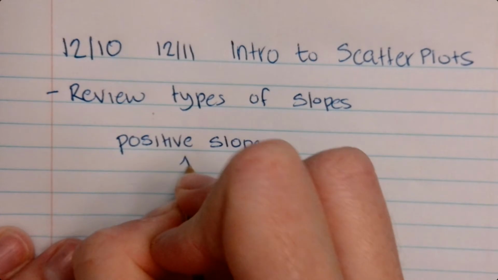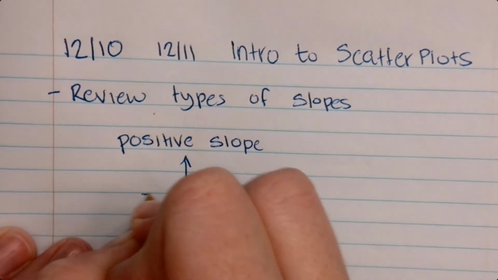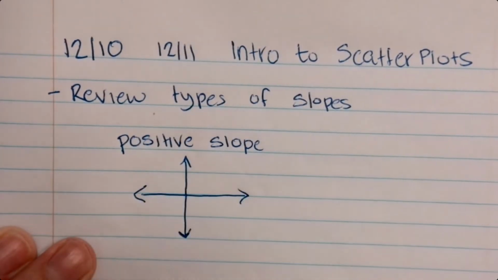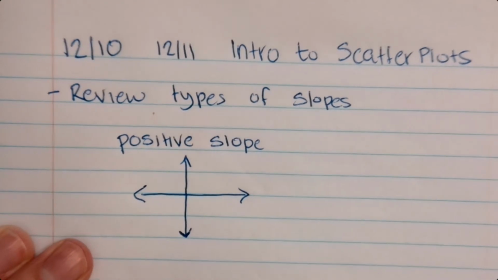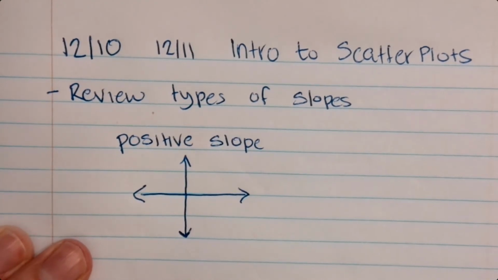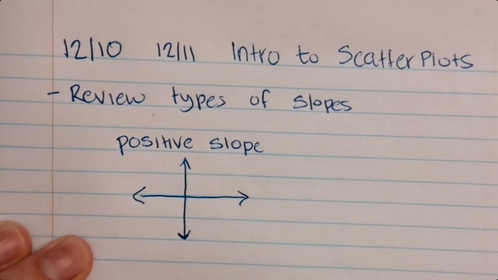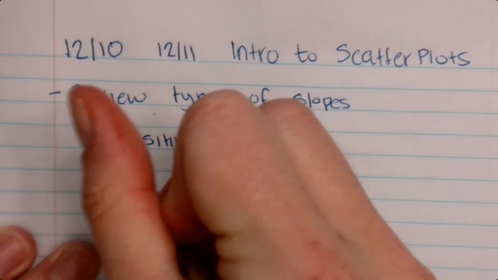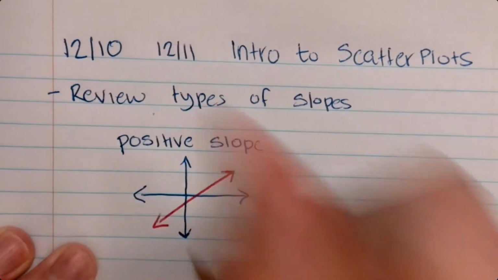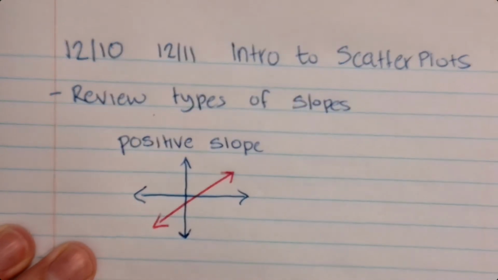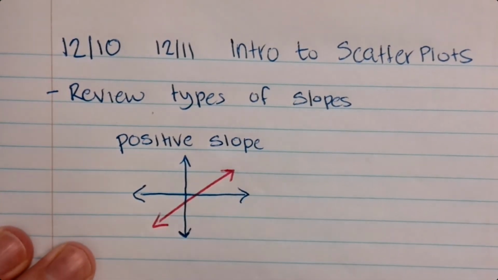which if you have a graph, would go up as you go left to right. A positive slope would go up as you go left to right. So that bad boy is a positive slope. All right? The next one that we're going to review